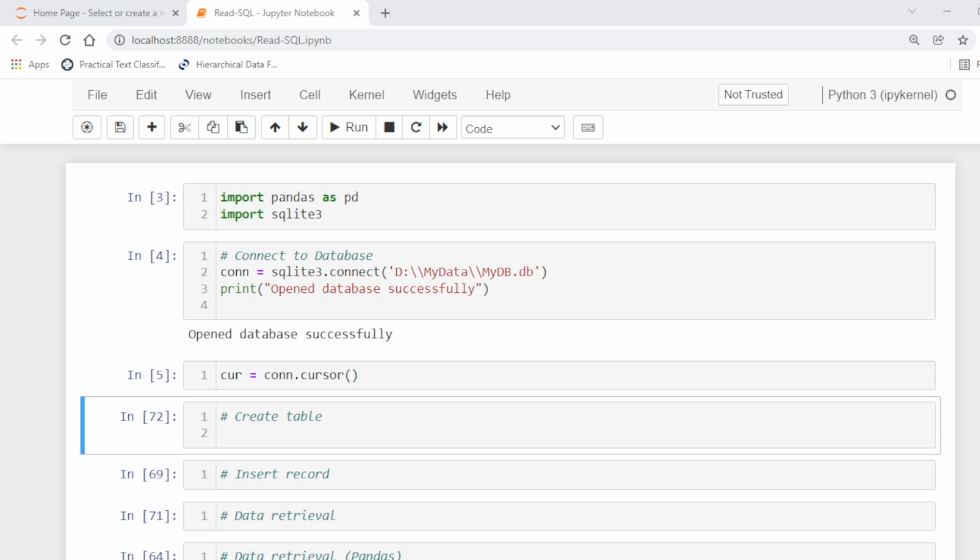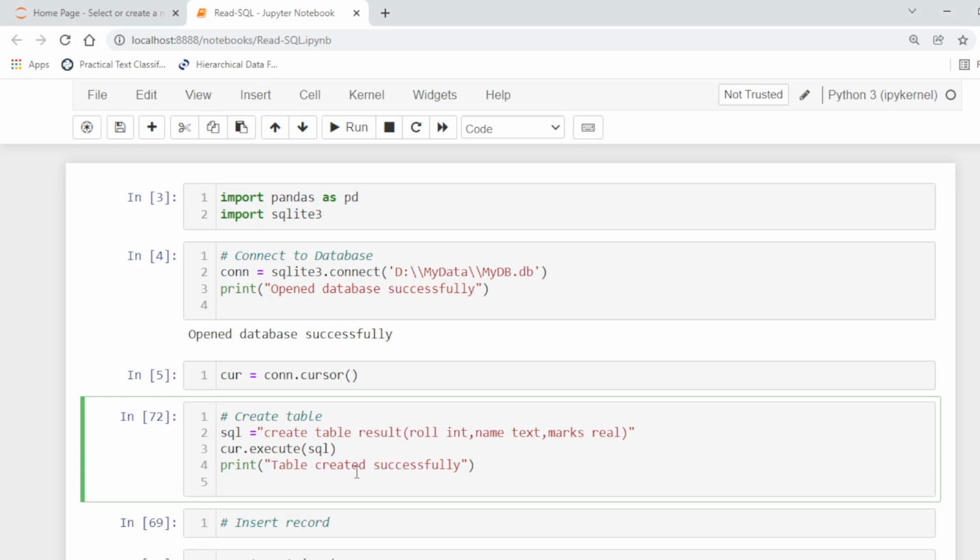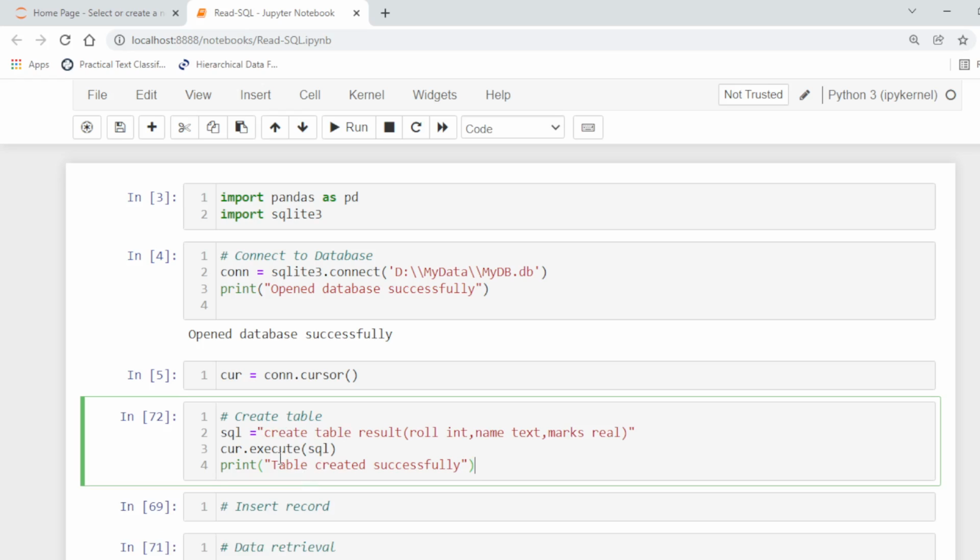So here we are going to create a table called result with three fields: roll, type int, name, type text, and marks, type real. Here we are going to use the API function execute. It will execute the above query and the table will be created in the above database.